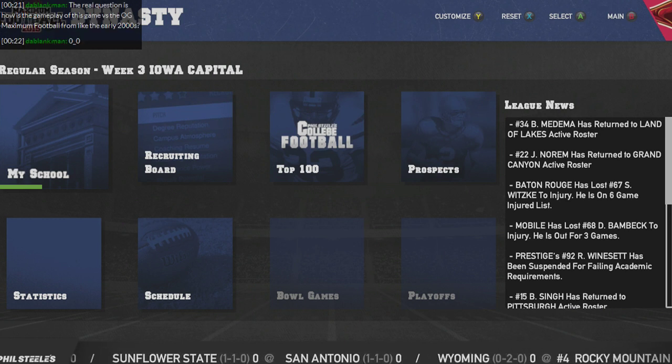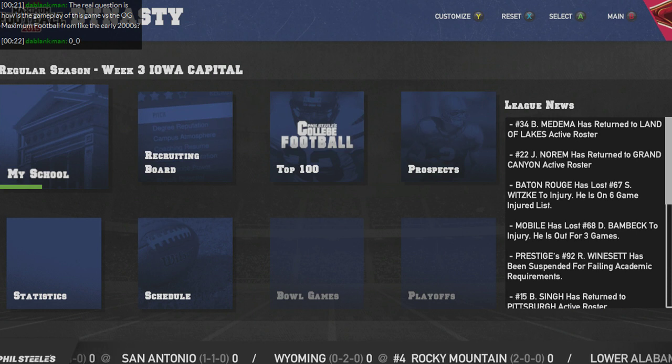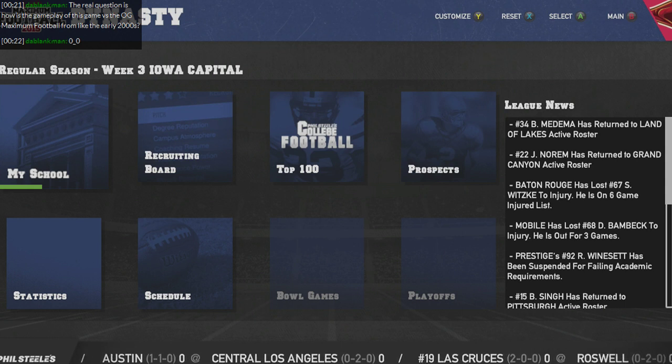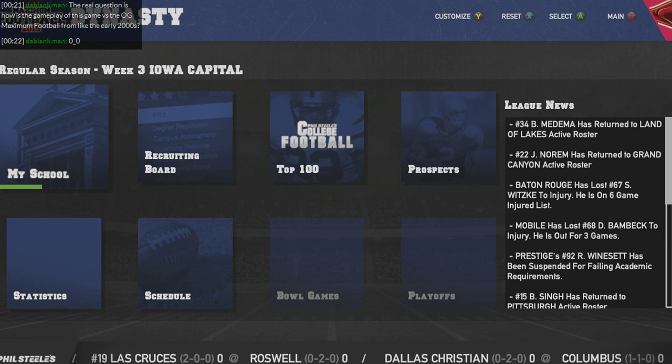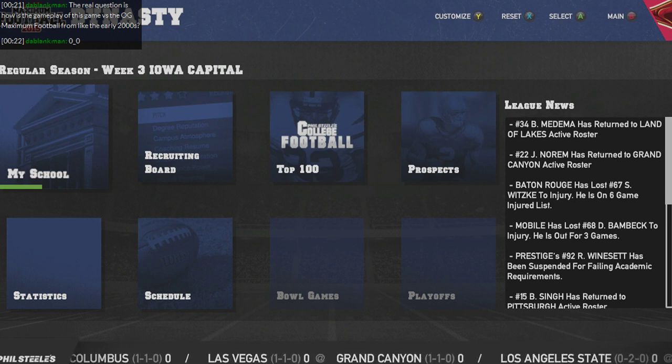Holy Jesus. I remember that. Yeah, it plays like NFL Quarterback Club 98. In fact, I think NFL Quarterback Club 98 on my N64 played better than the old Maximum Football games. They were whew. And I know there were probably people who were like, "Oh, it wasn't that bad, blah blah blah." That's what always got me about the Maximum Football games, is that when they came back and were making new games, I was like,